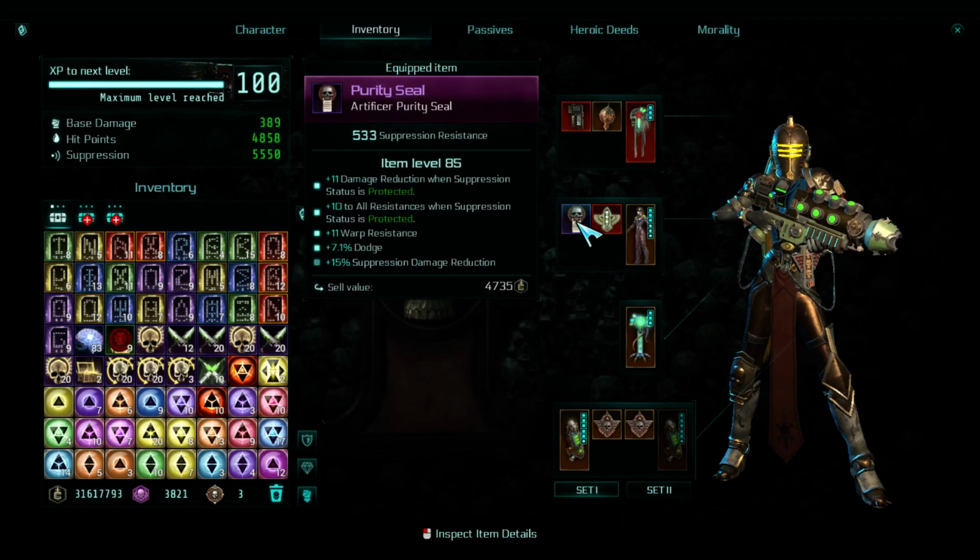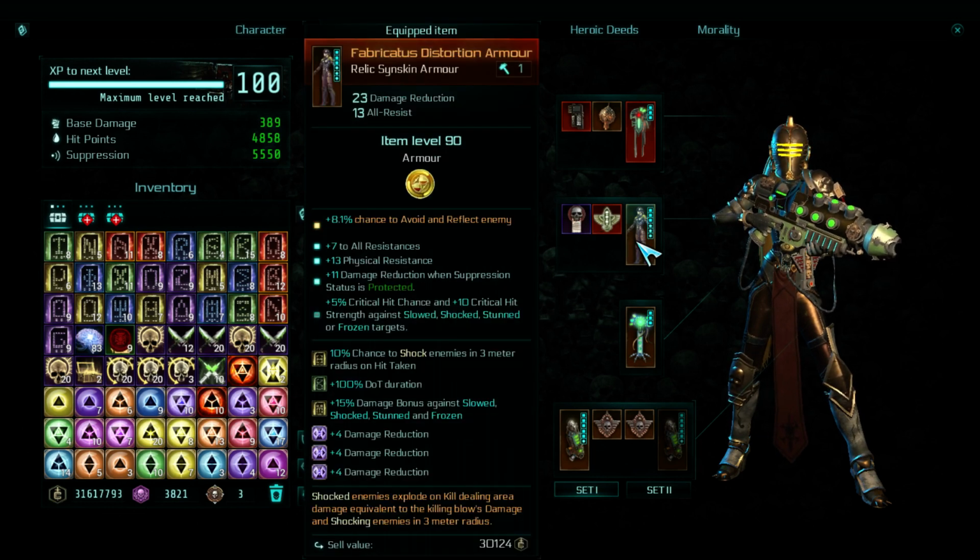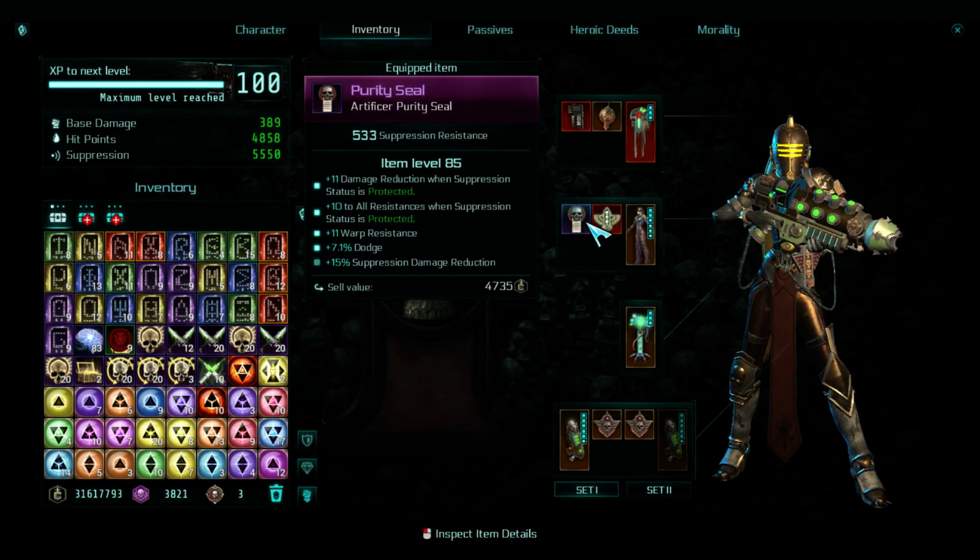This one is 85, but look at this. We have more resistances and damage reduction again. We also have dodge in this and suppression damage reduction. So this is very defensive item, very useful. So if you get items like that, they might be even better than relics. It just depends what you get, but sometimes you might want to use a lower item, not necessarily even a relic item, if it has better stats. Just look at the stats, and if the stats are what you want, then keep using it,